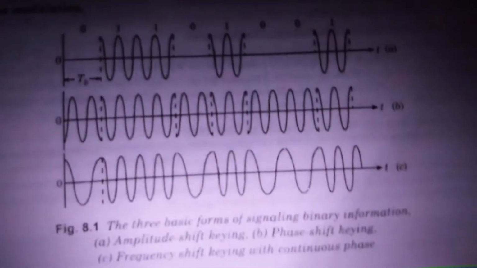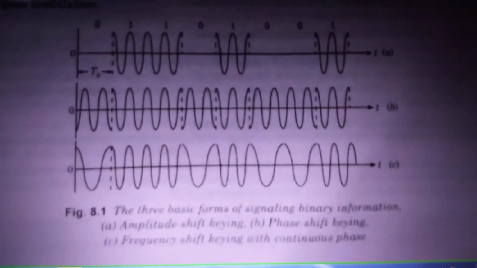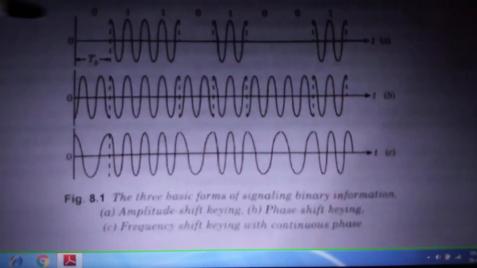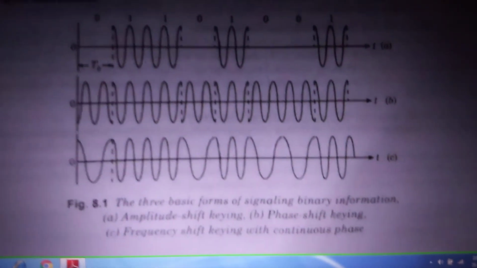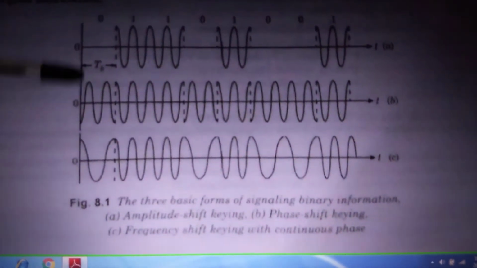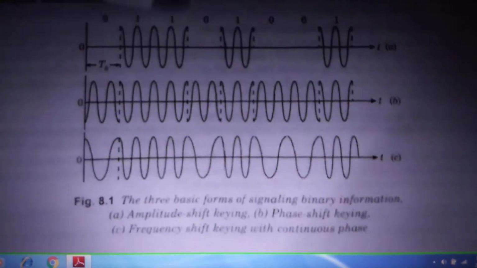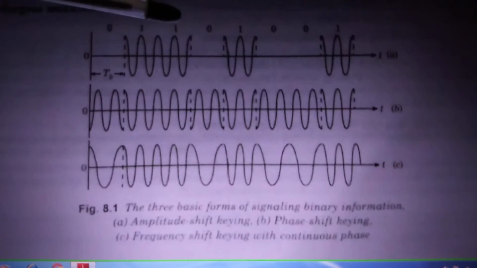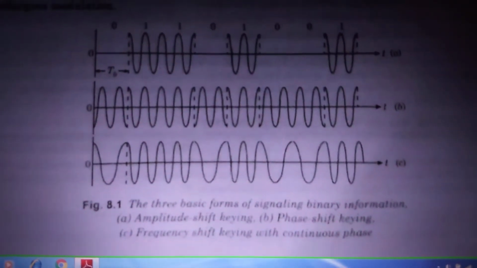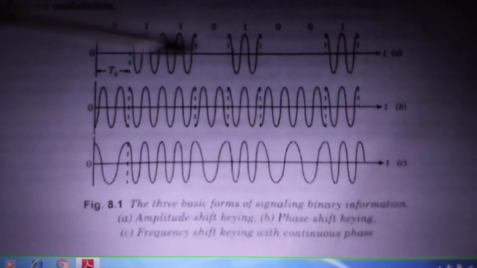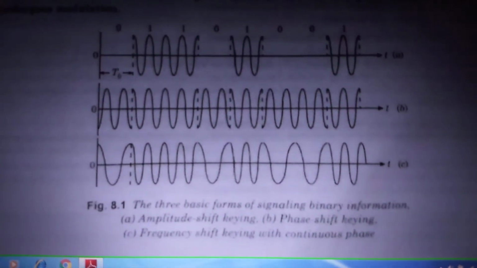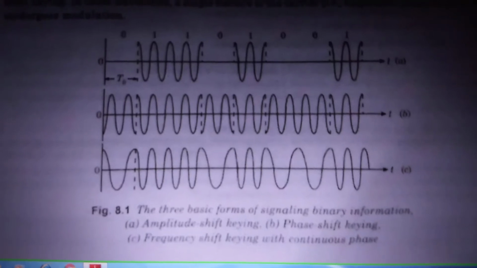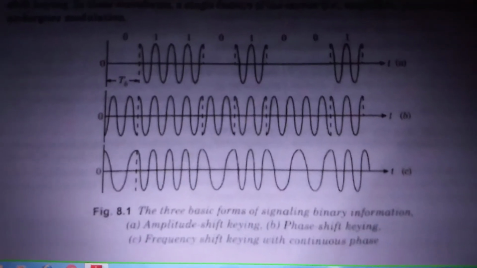1 0 0 1. Why is this called amplitude shift keying? When we get 0, we are not getting anything, that means it is blank. Next, the double ones, the two ones, so we are getting the pulses. Again 0 is there, that is blank. Again another 1 is there, so we get the pulse. Double zeros means for two intervals, 2 TB duration, we are not getting anything. Next, again we get 1. So this is the amplitude shift keying. Another name for amplitude shift keying is on-off keying.